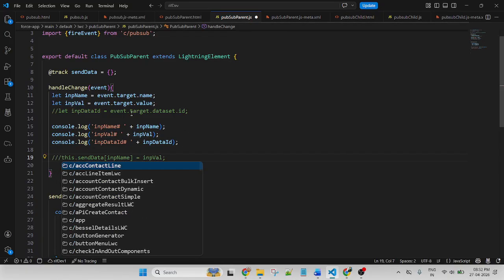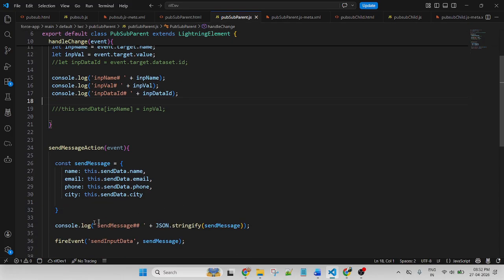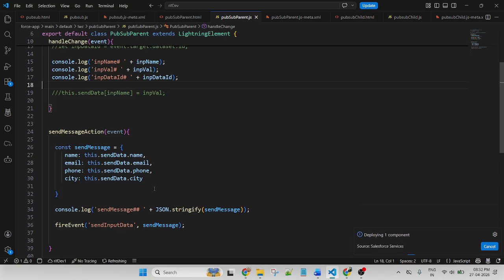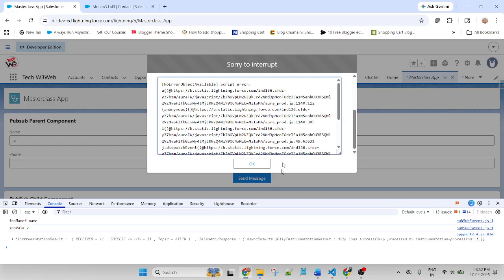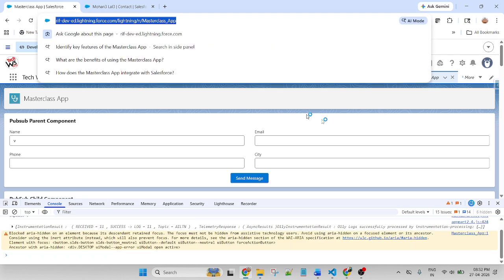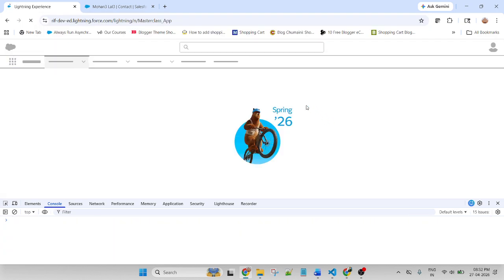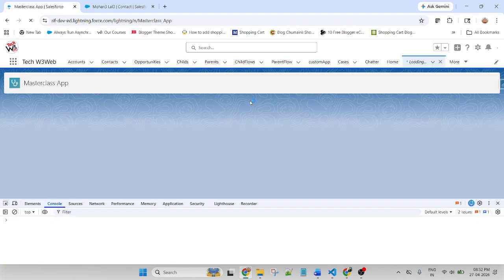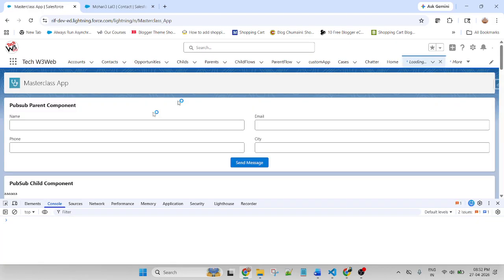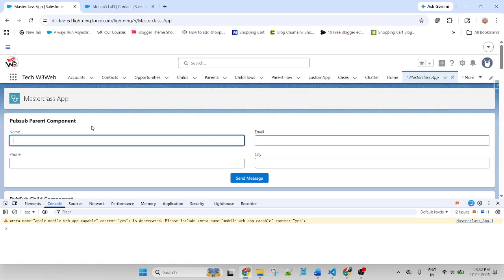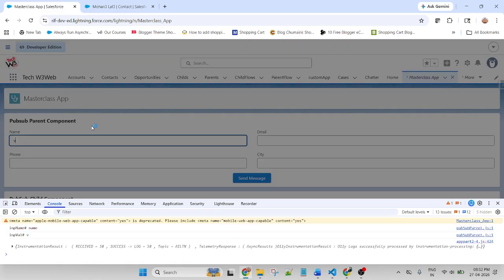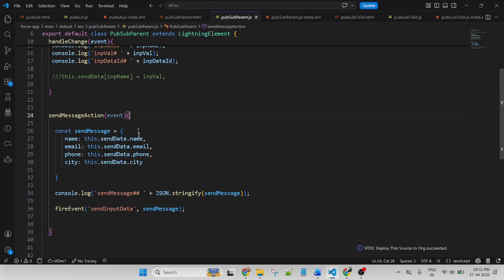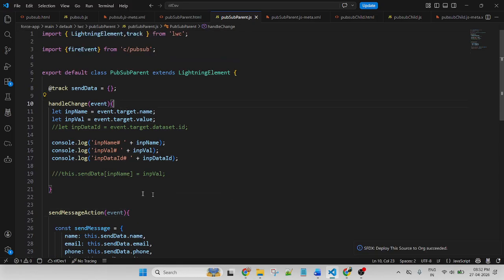But if we comment this one, then... Sir, is fireEvent a function? This error is coming from the input field function. But if I put it in, why? This function, not error from this function, is coming from here.